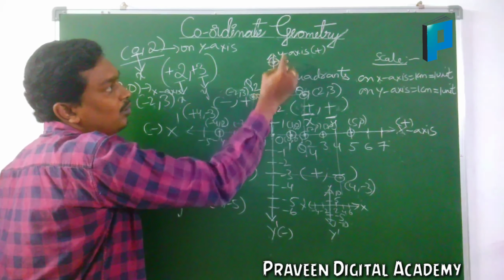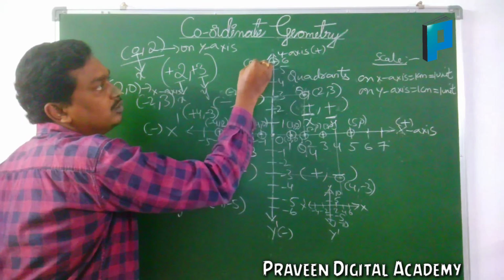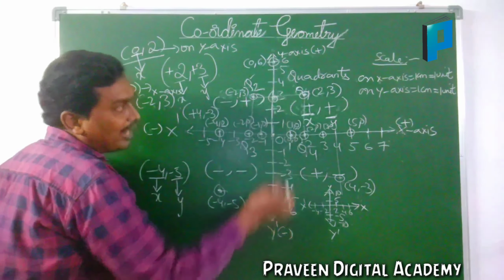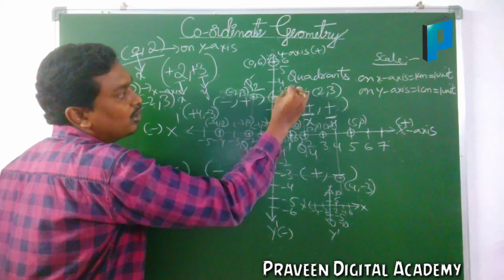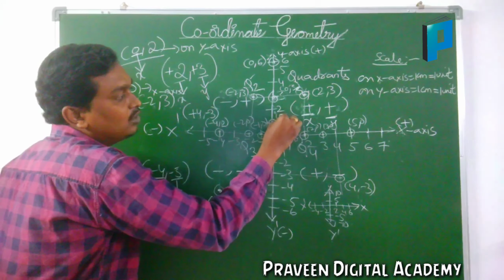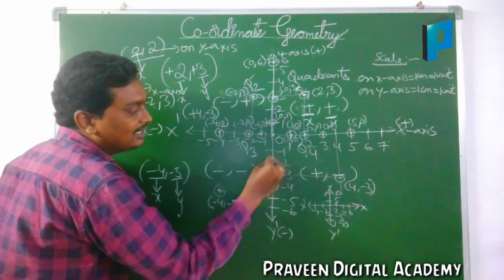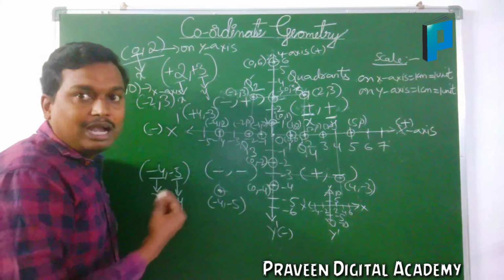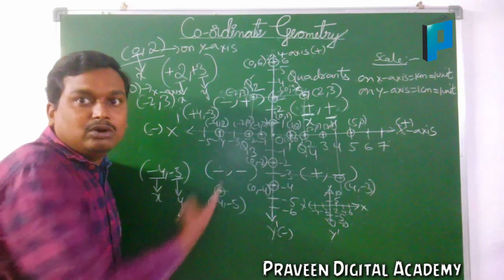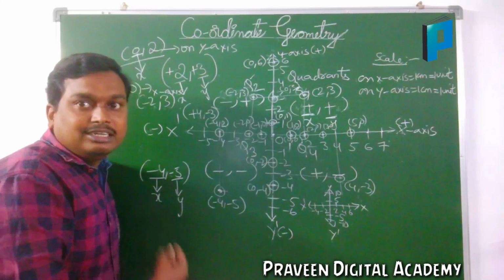If you have this point, how to represent it? This one is on the y axis, so x should be 0: 0, 6. Here is this point, 3. This is on the y axis. If it is on the y axis, what to do? The x coordinate is 0: 0, 3. If it is here, 0, 1. If it is here, 0, minus 4. If it is here, 0, minus 2. Like that, if the point is on the x axis, we will have y coordinate 0. If the point is on the y axis, we will have x coordinate 0.